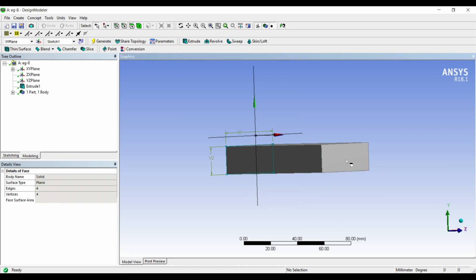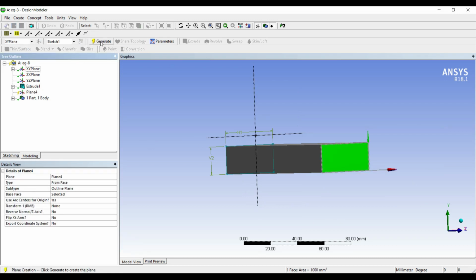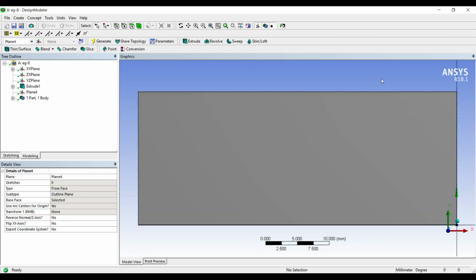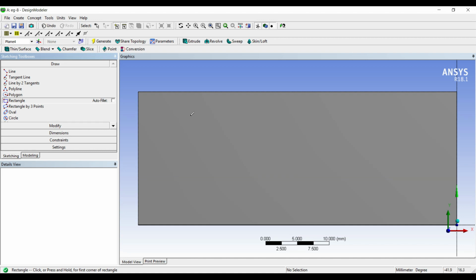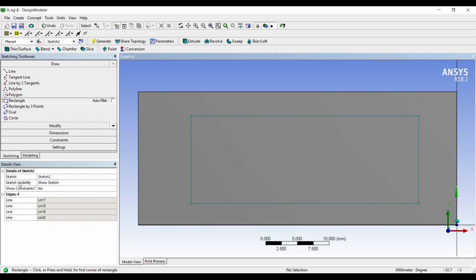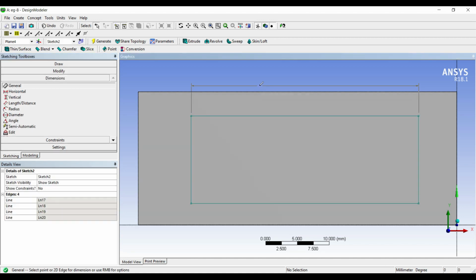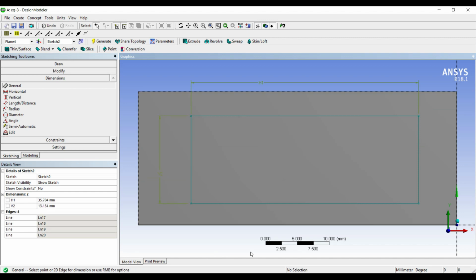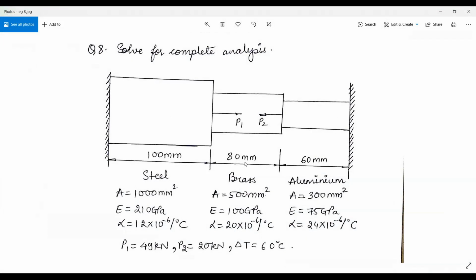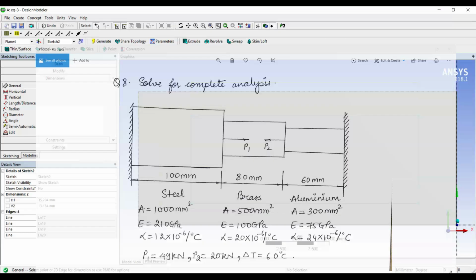On this face, new plane. Generate. Look at. Sketching. I'll draw a rectangle. I have to mark the dimensions. The second rectangle has area 500 mm square, so I'll take it as 50 by 10.